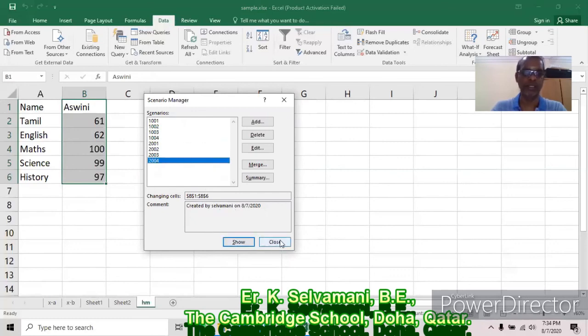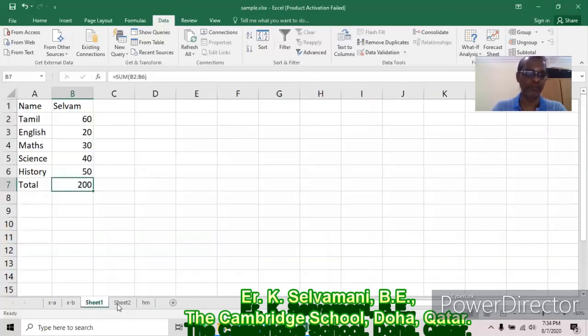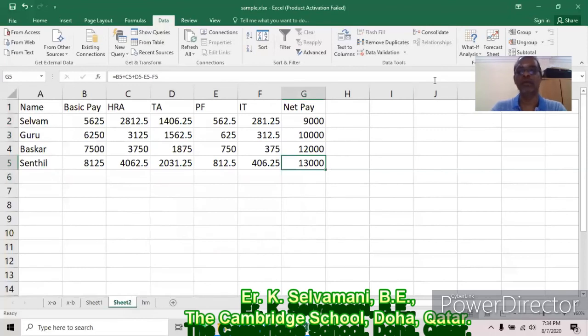That is one concept. The next concept we studied is Goal Seek. So type name, basic pay, HRA, traveling allowance, PF as well as IT. Type some salaries, and then find out some calculations here by using B2, that is basic pay.